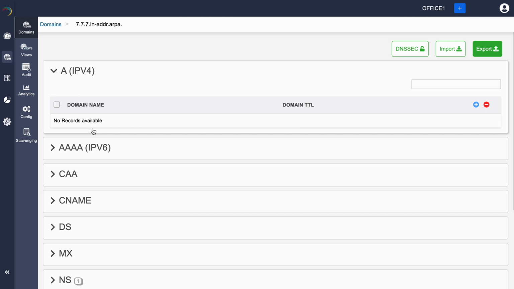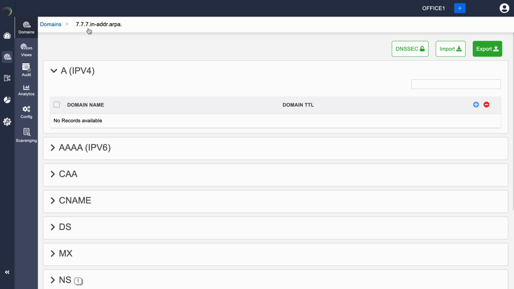First, we'll add a reverse domain as per the normal procedure. Only the naming conventions differ when adding reverse domains and zones. To create a reverse domain for an IPv4 network address, name the domain that bears the network portion of the IP block in reverse, and then append it to the standard string in-addr.arpa. The forward zone for John belongs to the network address 7.7.7.0/24. So for the /24 address block, the first three blocks represent the network address. So 7.7.7 is the network address, and the reverse domain name is